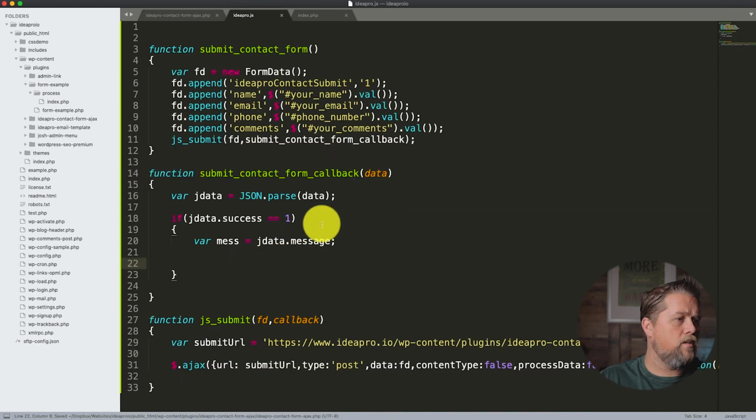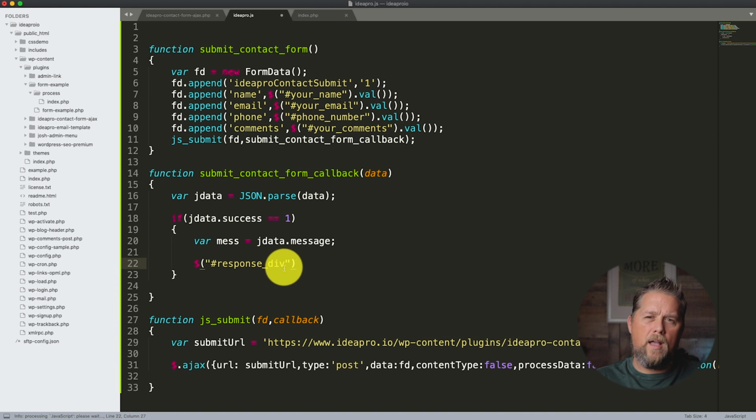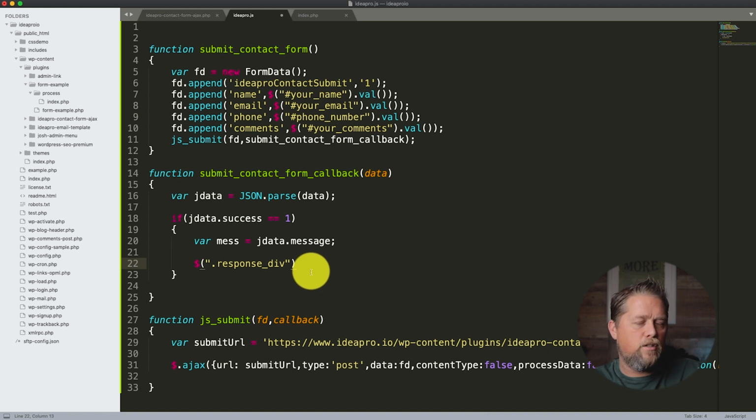We're going to come back over to our JS here, and we're going to say $ and hash response div. If you don't know how to use jQuery, basically a hash sign, it's just like style sheets. A hash sign is for IDs. A period like this is for classes. Typically, if you're doing something like this, you want to use an ID because you want to pick the specific one. All IDs should be unique on a page. If you did a dot, as a class, anything that was using that class on the page, you would be affecting from this